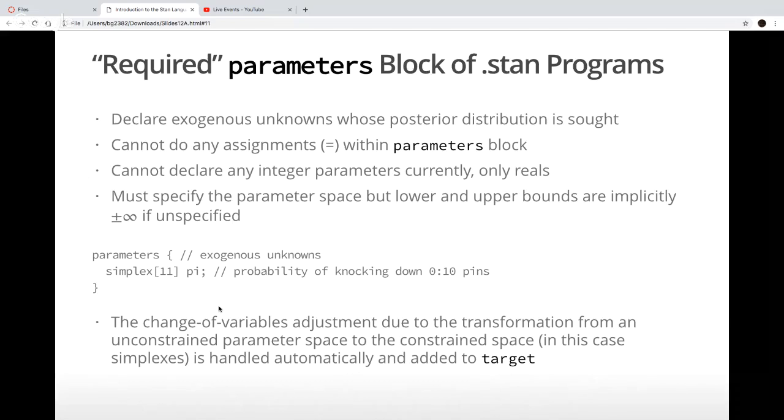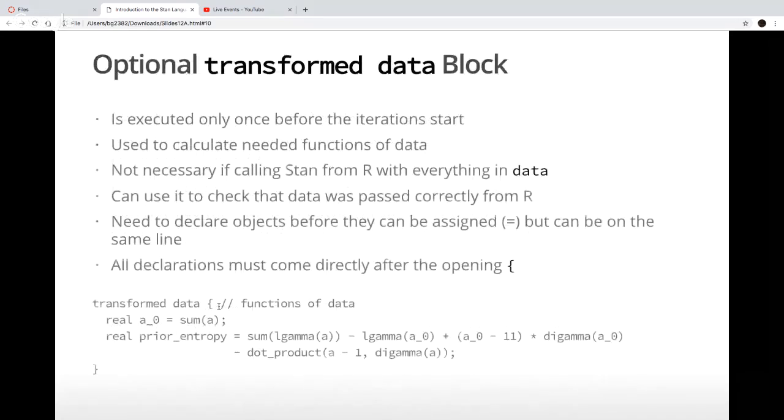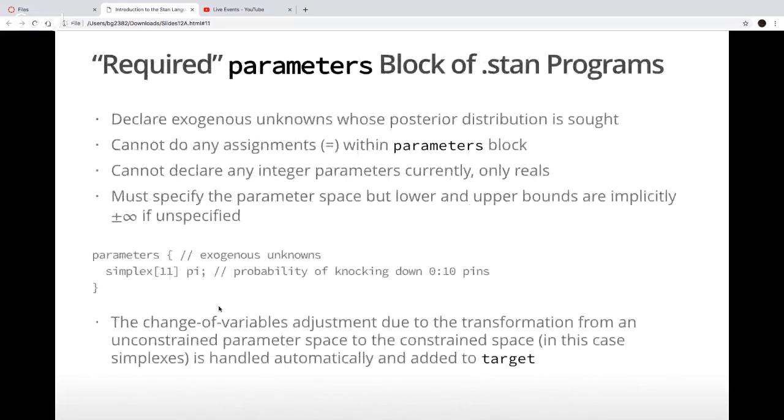You can't do any assignments within the parameters block, just like you can't in the data block. You just state the existence of whatever thing, whatever names you give to it. Like I said before, in Stan, all the unknowns have to be real values. They can't be integer unknowns.